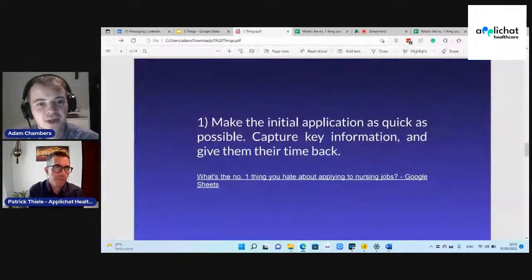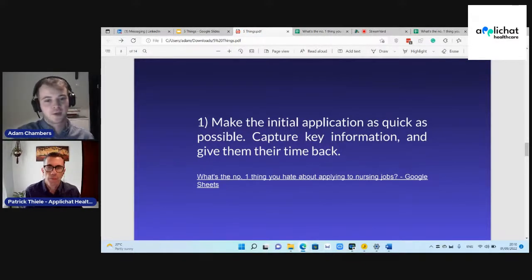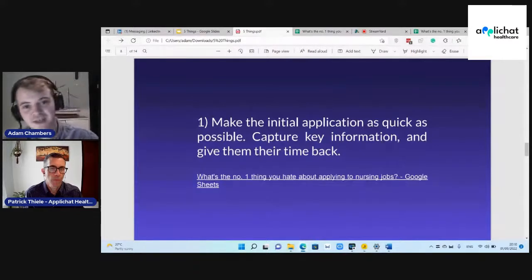And that really strikes at the heart of the matter, because if they've created a resume, they've allotted a couple of hours to that. If they need to go through and do an application, then they feel like they've already spent the time on doing this and putting this information on a piece of paper and giving it to you. You're asking for repetition, which is good for you because you get all those fields in your ATS. You can see them in the ATS. You can see the statistics in the ATS. Everything's neat and tidy and organized in your ATS, but it's ultimately making it a poorer experience for nurses and